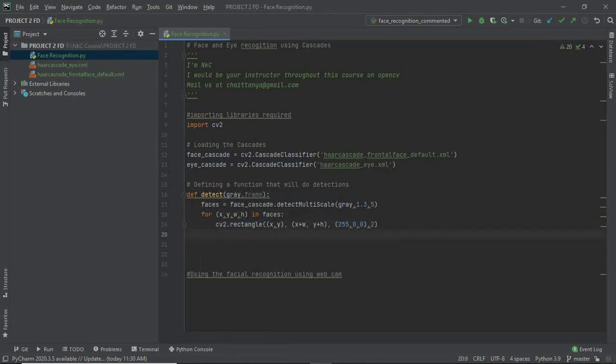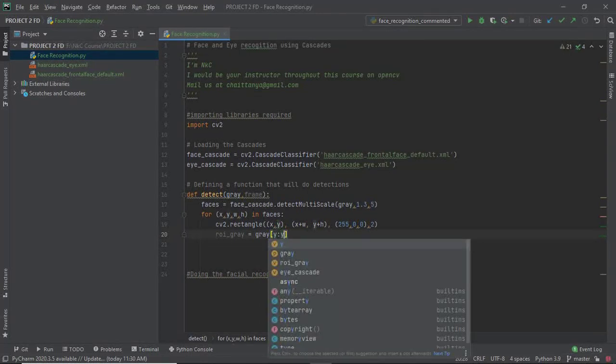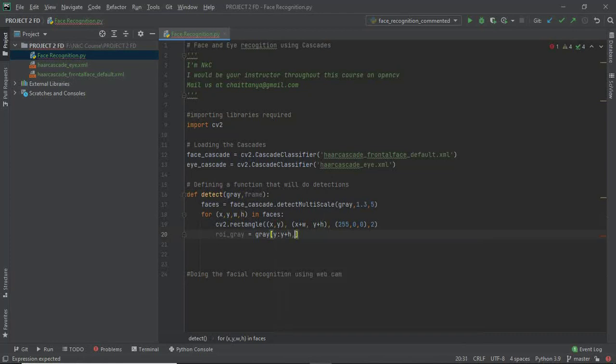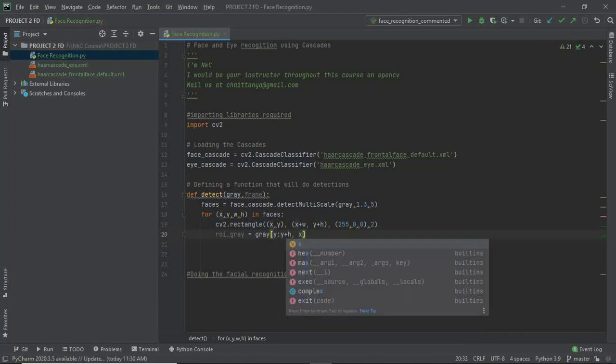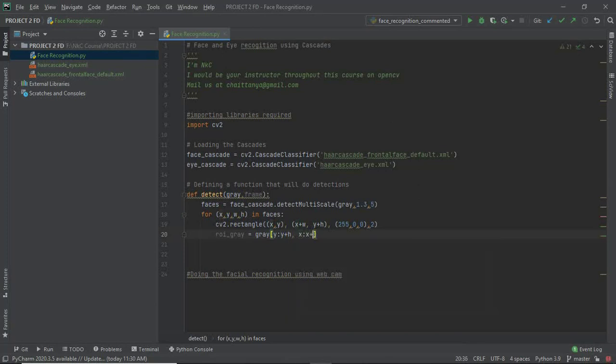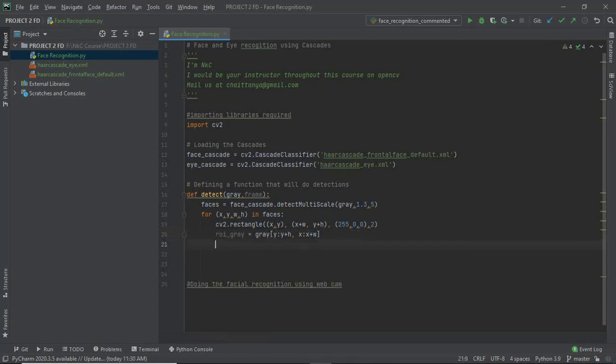And we are going to get the region of interest in the black and white image. And then we get the region of interest of the color image now.